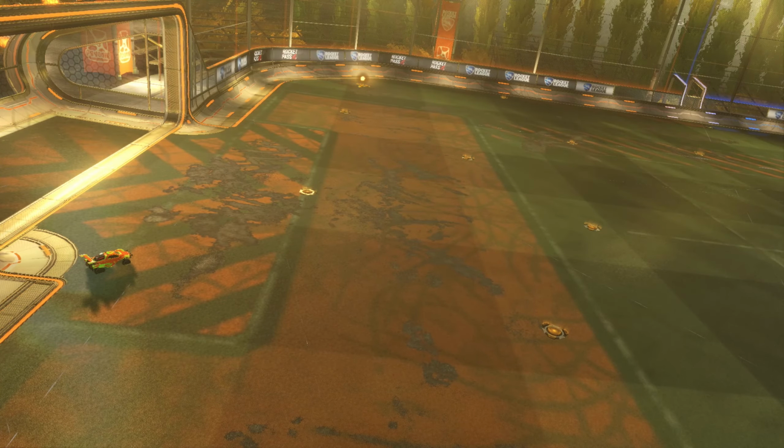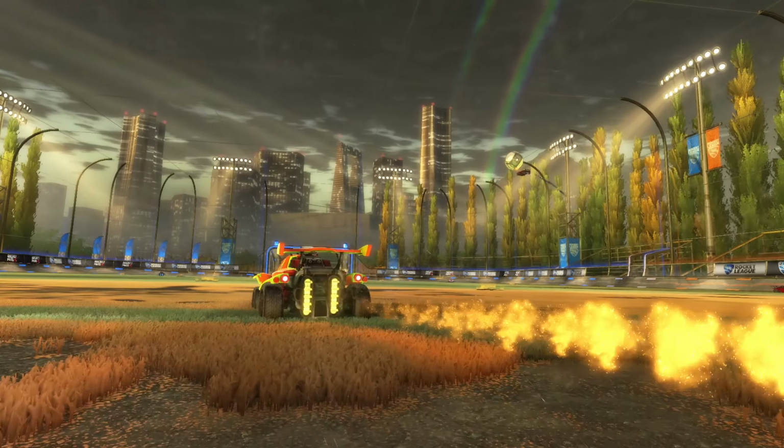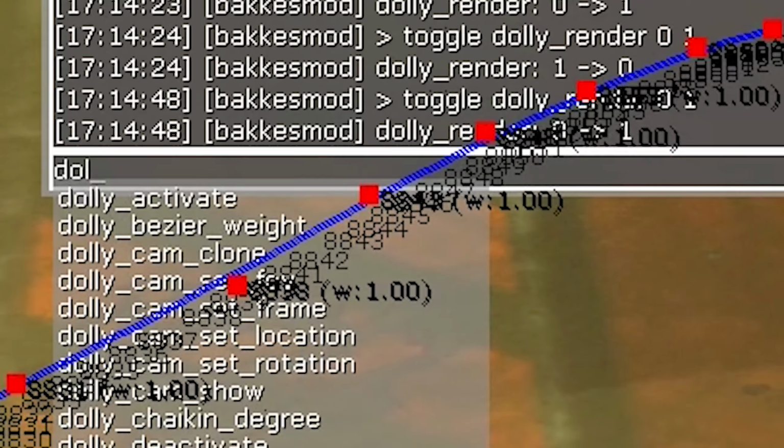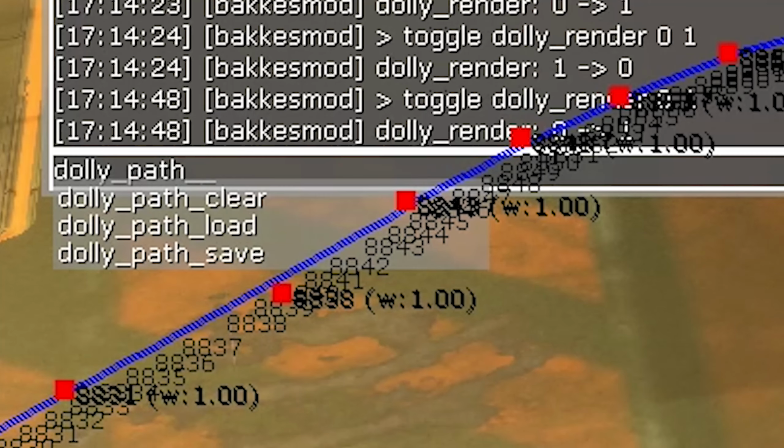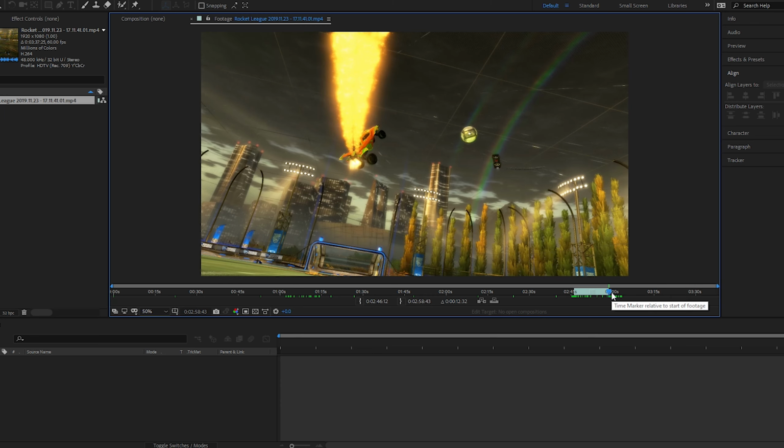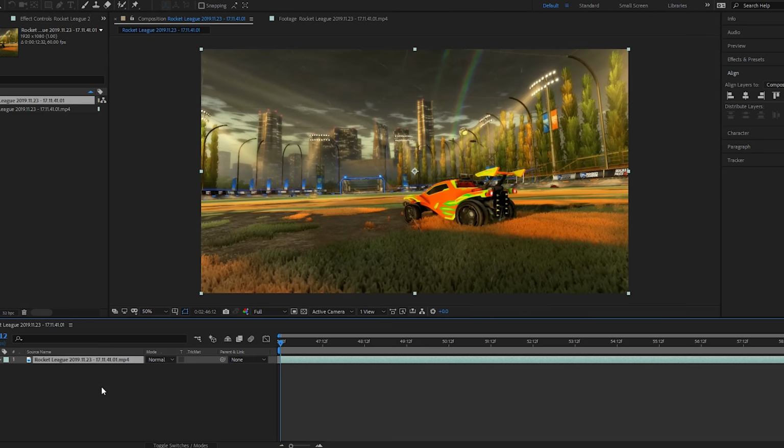From there, pressing O on the keyboard turns the path invisible, and bada bing bada boom, we're done. Oh, and to clear the path, you have to type dolly_path_clear into the console. After I'm done recording, I import my footage into After Effects, select the clip I want,